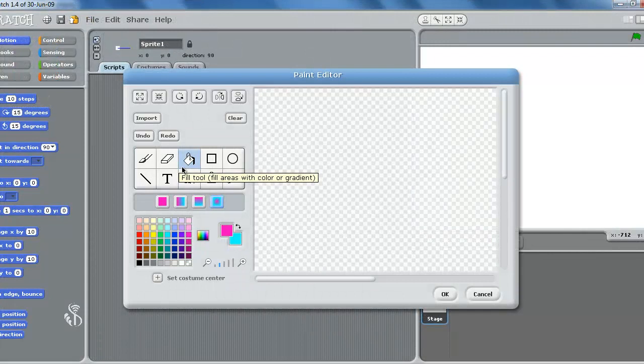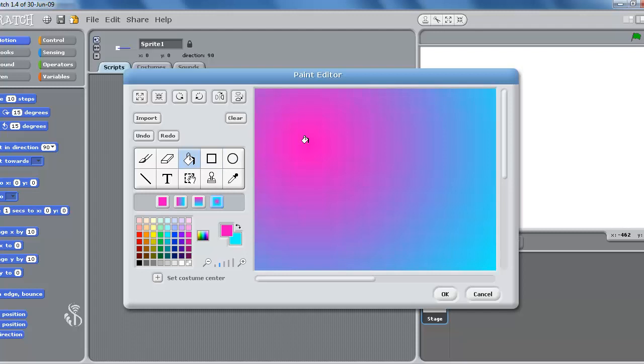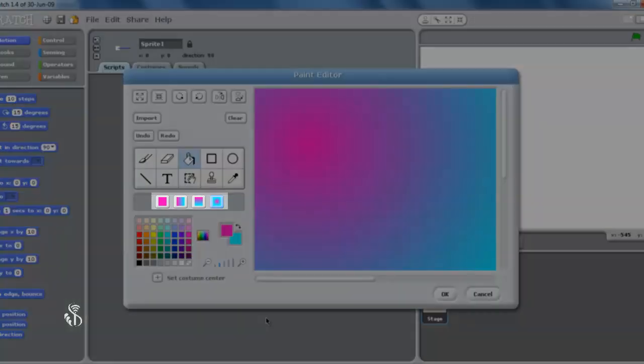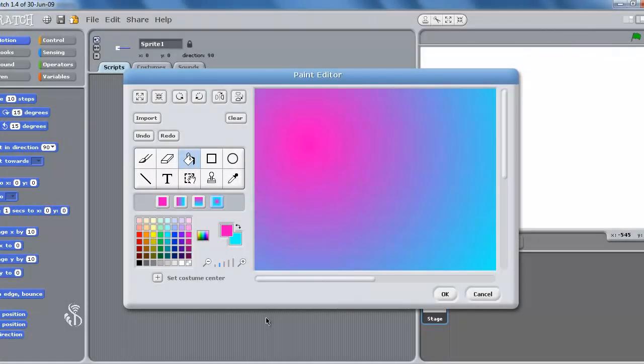With the fill command, we can fill a solid or gradient color. That is, we can fill one single color or a combination of two or more. Once this option is selected, there are many shades available for coloring. If you cannot spot your desired color, go to the color palette and pick the color you wish.